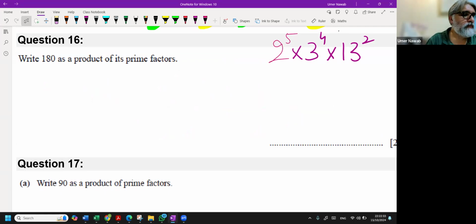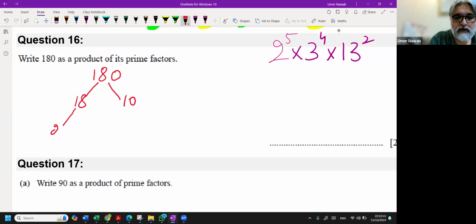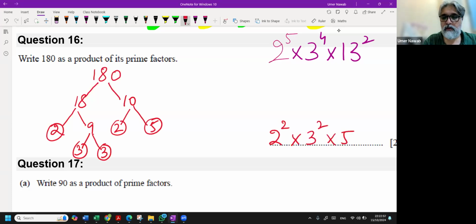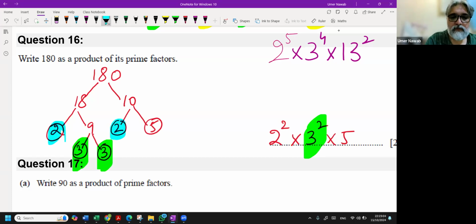Now I have to move on to the next, 180. 180, I want to do the prime factorization. Can I write 18 and 10? Then 2 and 9, then 3 and 3, 2 and 5. How many 2's I have? 2 raised to power 2. How many 3's I have? 3 raised to power 2. And I have 5. So I have 3 raised to power 2, I have 2 raised to power 2. And finally,